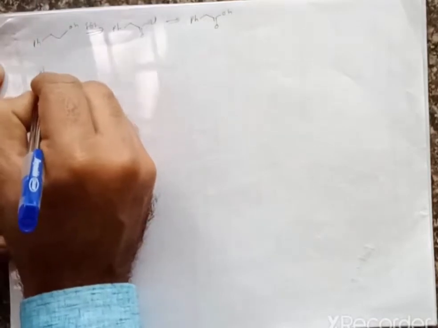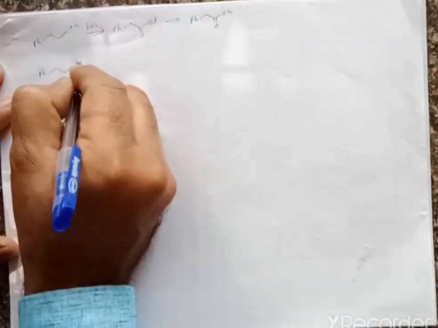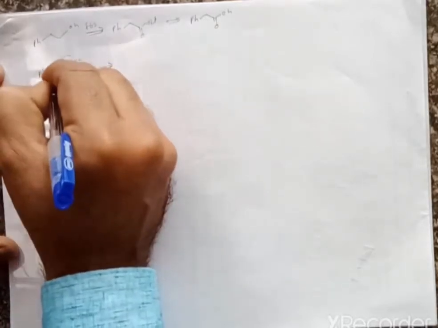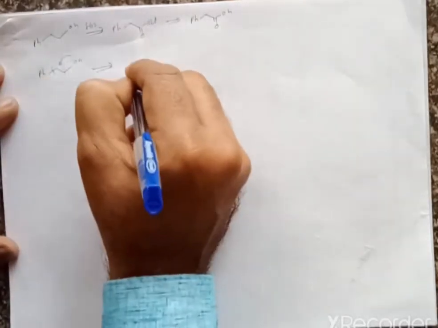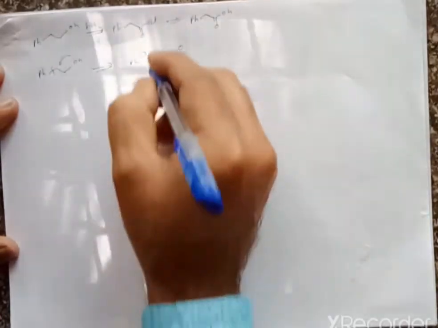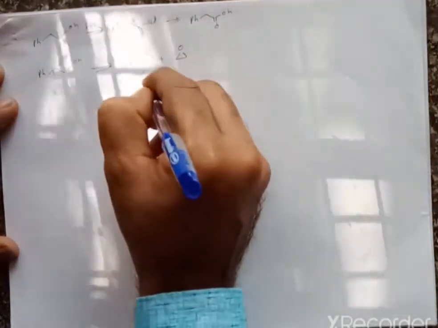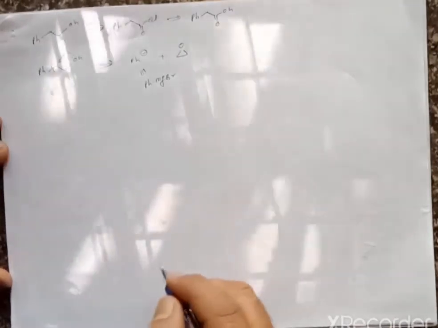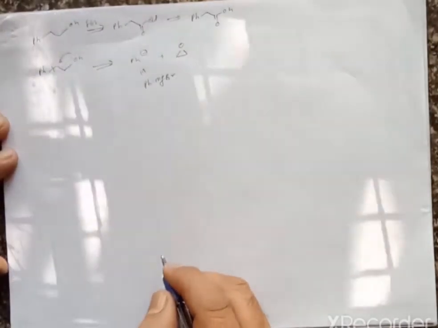Or sometimes instead of taking this route, if we go for such type of synthesis, that means if we break this molecule at this position, then it gives formation of Ph minus, along with it gives formation of epoxide, and this Ph minus we can take from PhMgBr, and this is again a good route for the synthesis of such type of phenyl acetic acid, or that is phenyl ethyl alcohol, right?